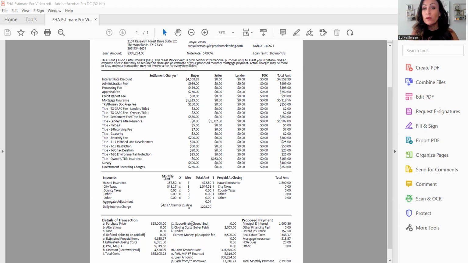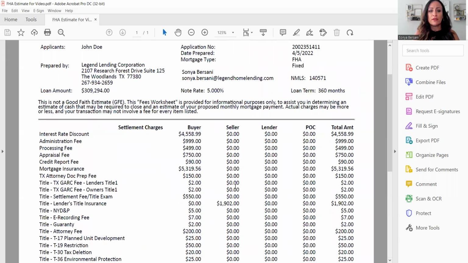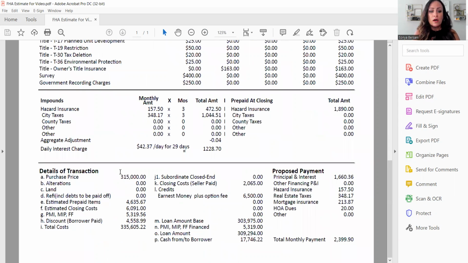So when July 1 rolls around, there's no interest to pay because you paid it at closing. So July 1, there's no bill. August 1, you pay for July. So that's why you technically skip this payment. But again, you're paying in arrears. Okay, so this middle section is considered your prepaid and escrow section, which down here was this 4635 figure. All right. So just to once again recap it, now that you know what all those fees are,